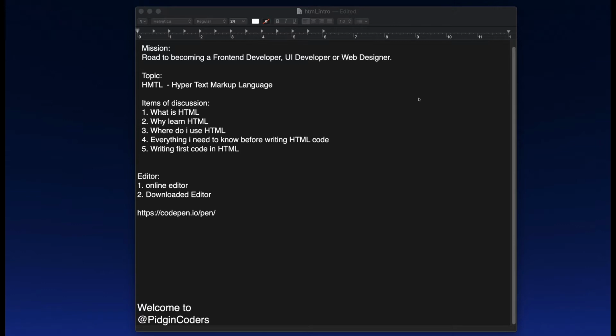So the third one wey I get be say where we fit use this HTML. So we fit use HTML when we want to design a website. And again, if we use HTML if we want to design all those navigation wey dey for different websites. And again, you know how you go build website, the website go look so nice for your desktop and it go also look so nice for your mobile phone. So HTML fit help you write code wey fit make your website dey work like that.